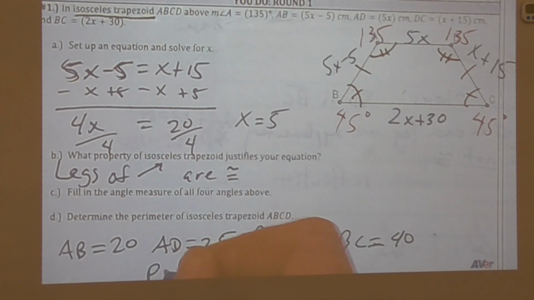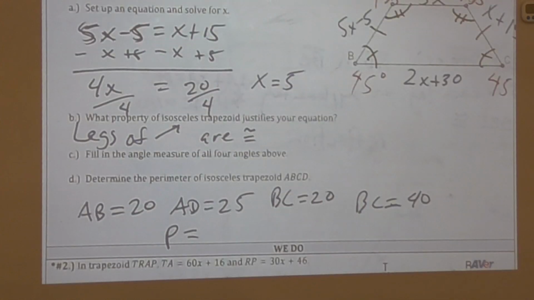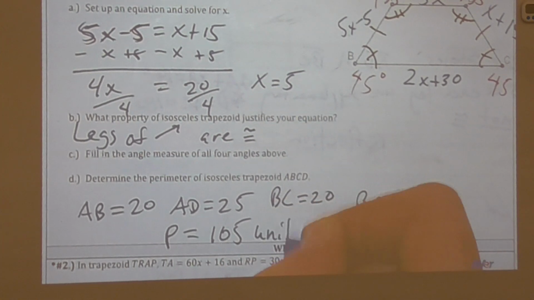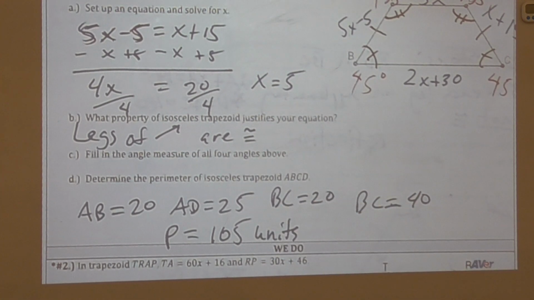Now to find perimeter, we need to add all of them together. So there we get 40 and 20 is 60, 60 and 20 is 80, 80 and 25 is 105, and we'll call these units because they did not tell us in the problem what the units were. Finally,